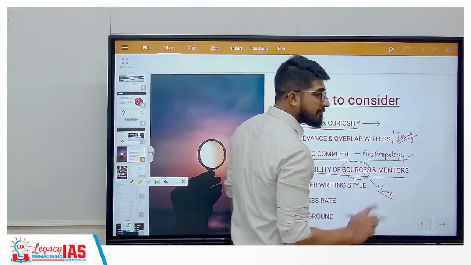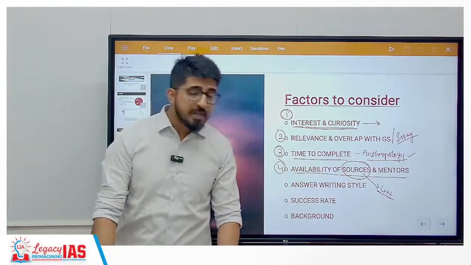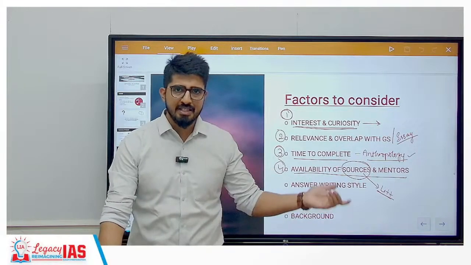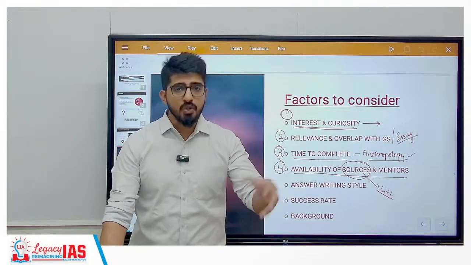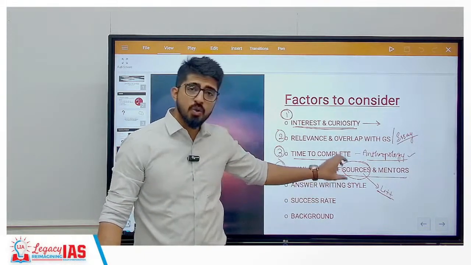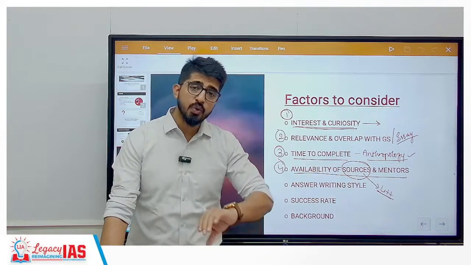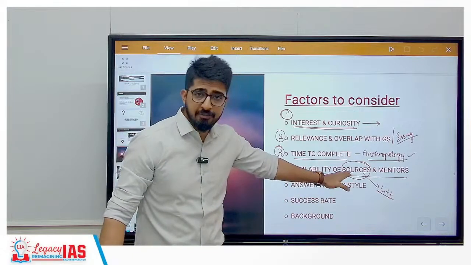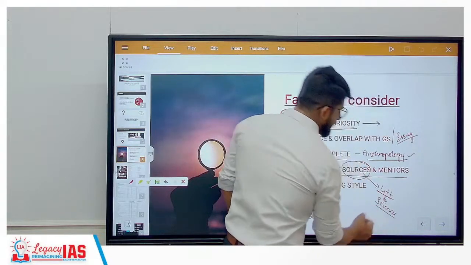For literature subjects, finding the sources is a bit more difficult. For the sciences also, it is a bit more difficult. Why? Because fewer people take these as optionals, that is sciences and literature, because of which the amount of sources produced in the market is also relatively less. You have to go through the available sources and check whether they are reliable, standard enough, and good enough. Especially if you are choosing literature and sciences. We'll see which are the optionals in a bit.